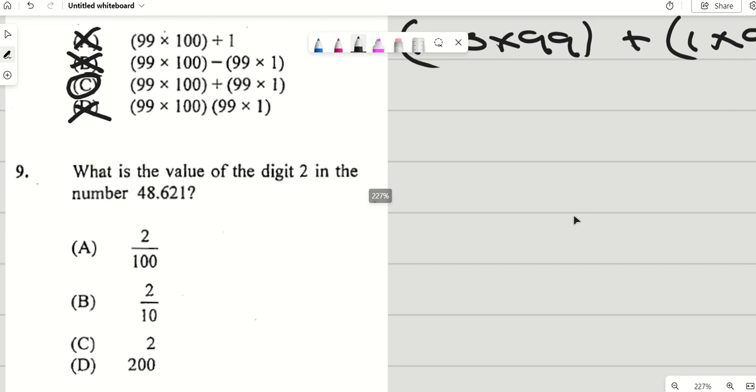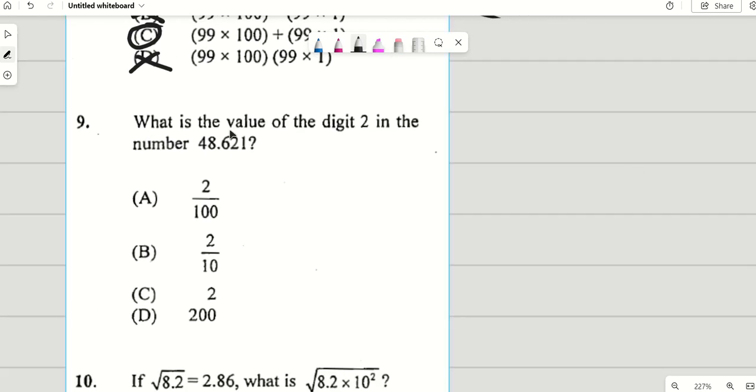Let's look at number 9. What is the value of the digit 2? This is a repeated question. I saw this a few times. The answer is E, 2 over 100. Or if you don't know,